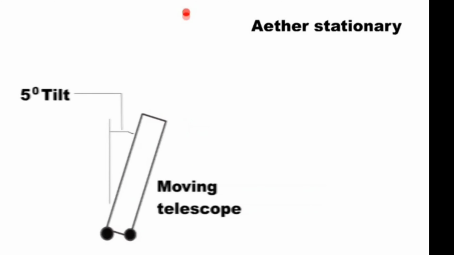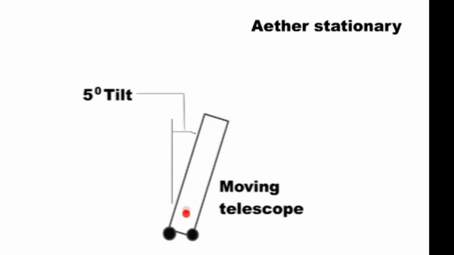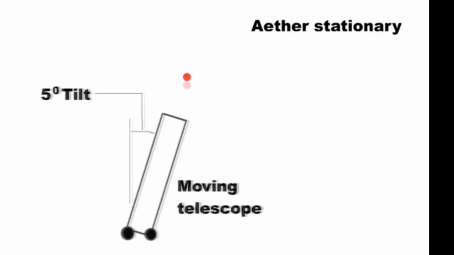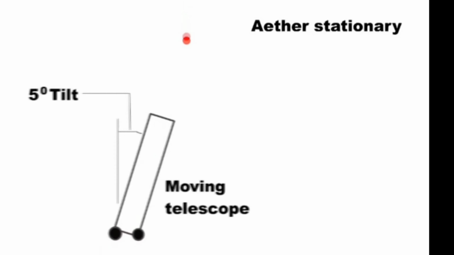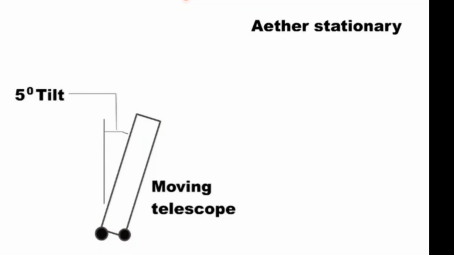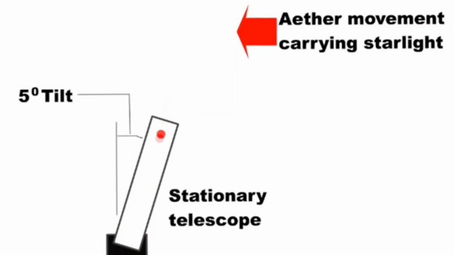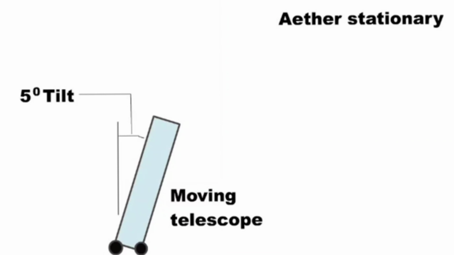But the ether being stationary or even existent or non-existent has no effect on the success or failure of this test or the Michelson-Morley test. So even if light is a particle leaving the star, we're going to get the same result as it comes through the telescope. So to me, them even involving the existence or non-existence of the ether is just another way for them to muddy the waters.